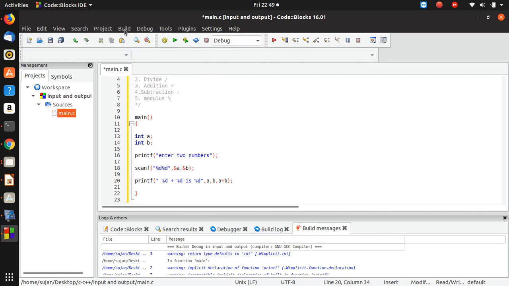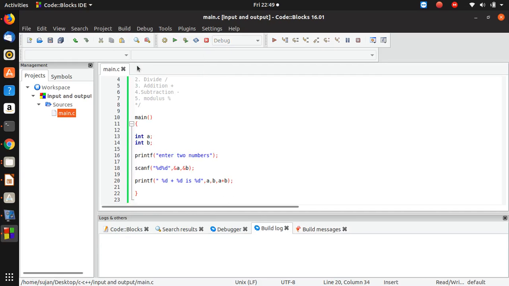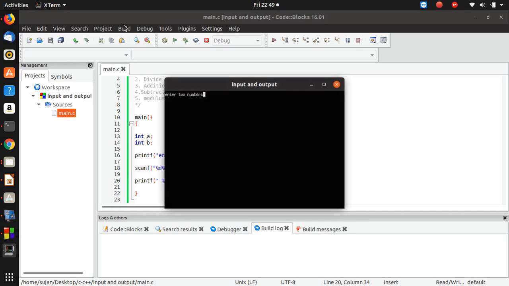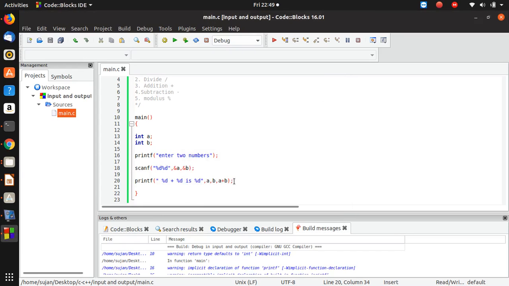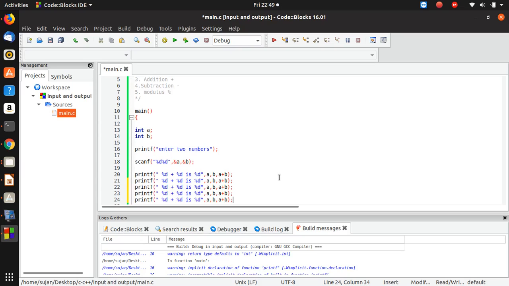Build and run. It gives a message, enter two numbers, so I give 2 and 4, and it gives the result 2 plus 4 is 6. In this way we can perform subtraction and multiplication also. So I just copy it and paste it. Now what I do here is use minus